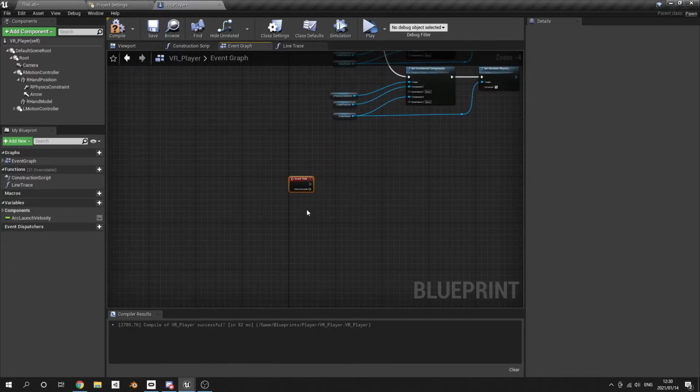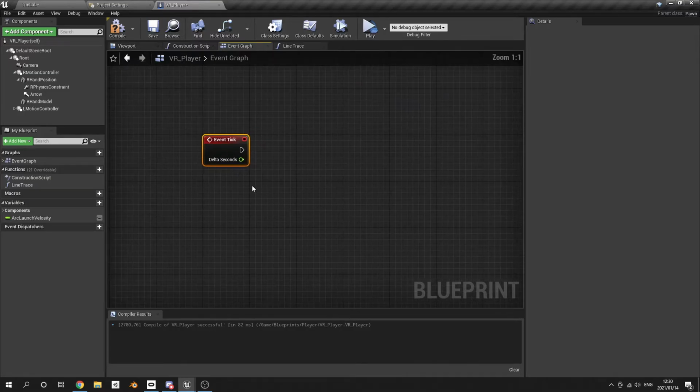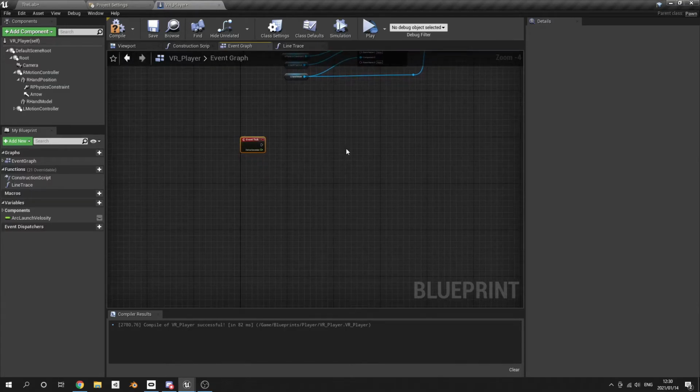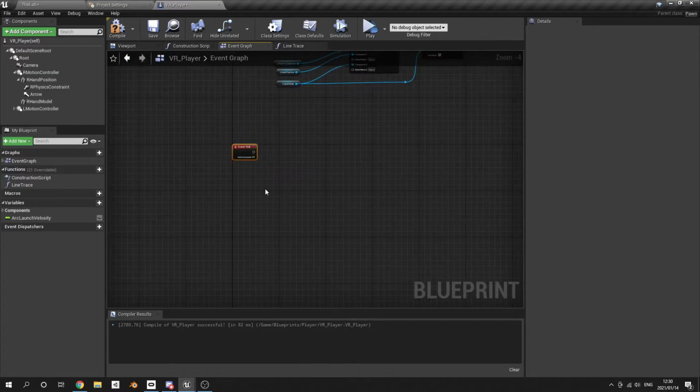So this will handle the continuous movement of the array, and also when you teleport, you're going to be sending the data through event tick. Event tick is basically every frame per second that the event tick is being called,